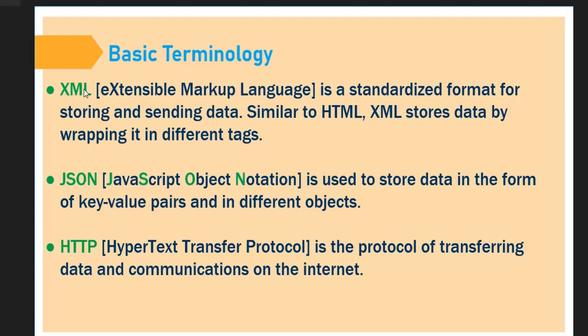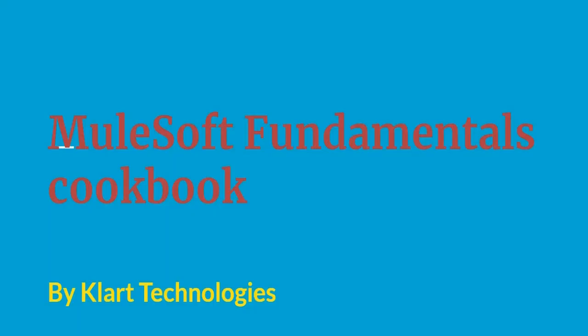Okay, so you need to know this XML. XML is a kind of data format which has data in between different tags. We will see the example. Okay, so JSON is nothing but JavaScript Object Notation. It is also used to hold data, and it represents data in the form of key value pairs. Okay, HTTP is Hypertext Transfer Protocol. This is the actual protocol which allows two different web services to interact with each other by using the internet. So for example,